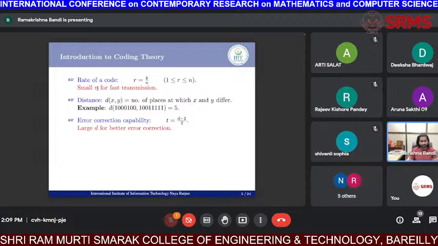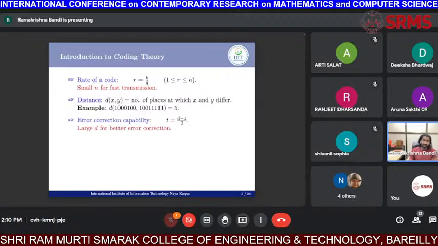But as I said, a K length vector is being converted to an N length vector, so the actual information that you are sending per each bit of the code word is K by N only. It's obvious, because we intend to send K bits, but we are sending N bits. Because we are adding some redundancy, increasing K length to N length, if you take large N, then the rate becomes 0. That means the actual information that you are trying to communicate becomes very, very small. So you cannot have large N. We have to take small n only.